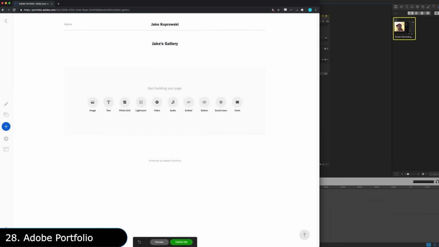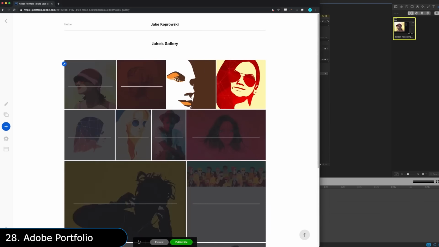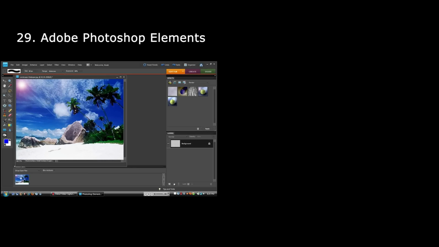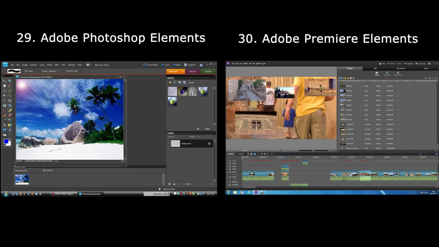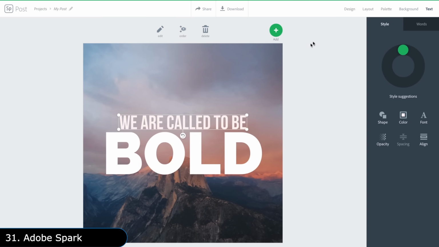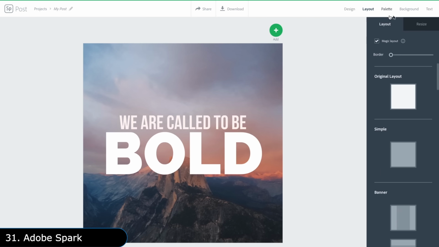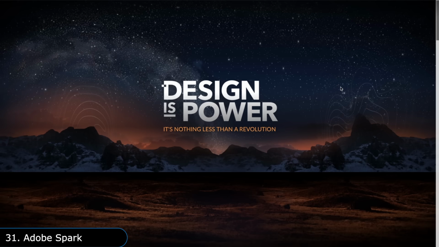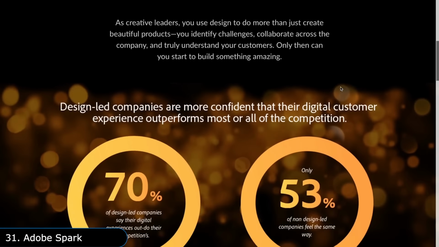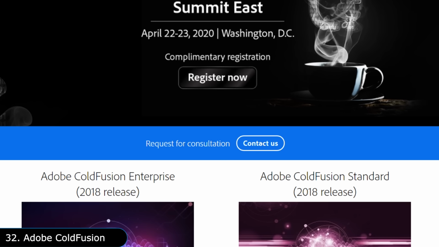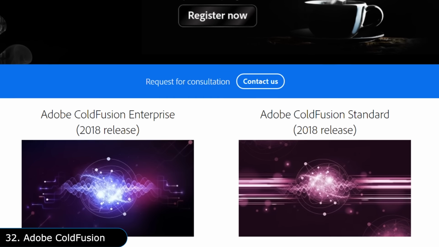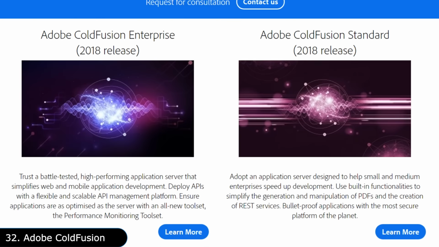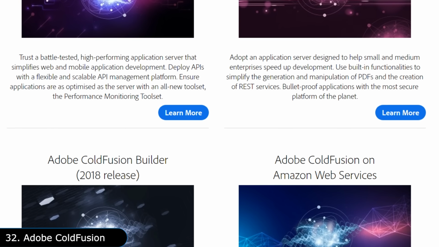If you find all these too complicated and want something simpler, then there is Adobe Photoshop Elements and Adobe Premiere Elements, which are dumbed down versions of their professional counterparts. But if you want something simpler, then there is Adobe Spark, which is a free online graphic design app that can do basic stuff like adding text to a photo or making simple videos using your photos. If you want to develop web applications, there is Adobe Cold Fusion, which is a programming language created over 2 decades ago along with its development platform, but it is steadily declining in popularity.